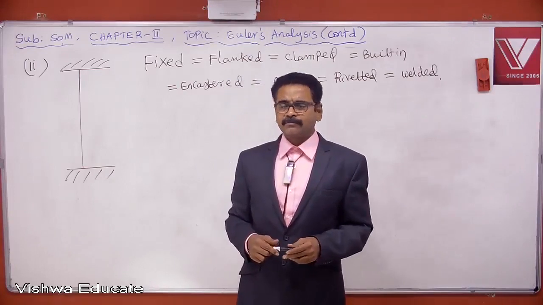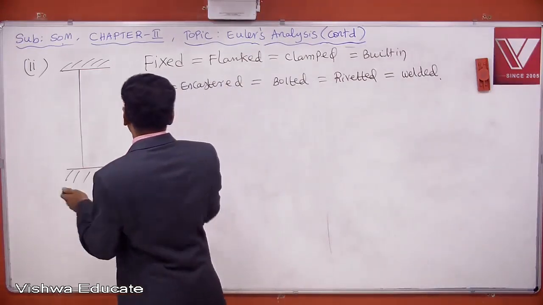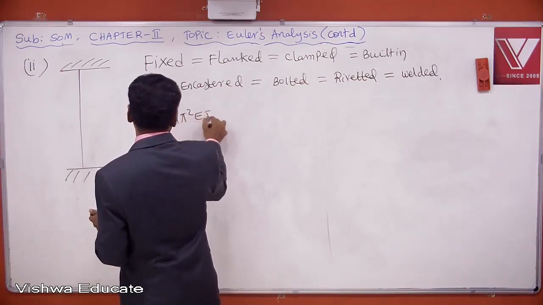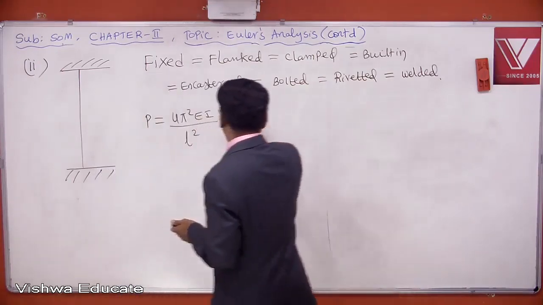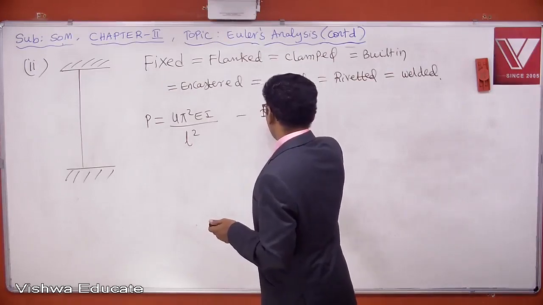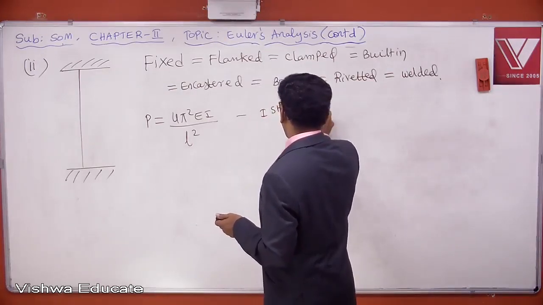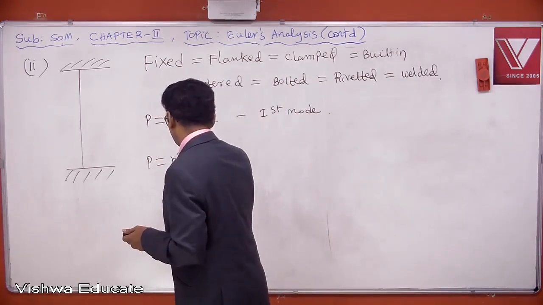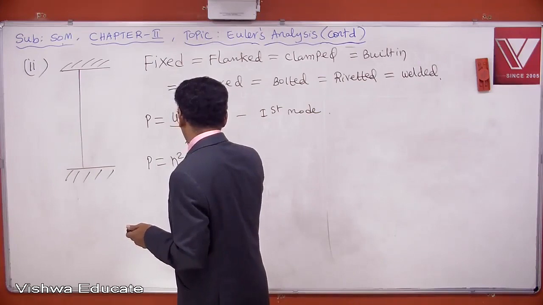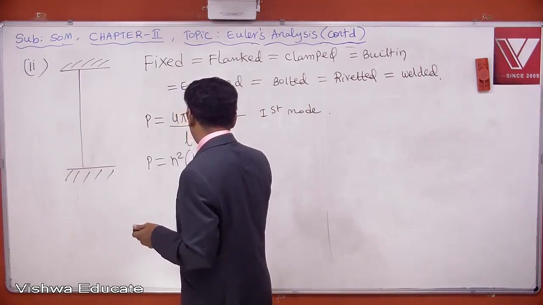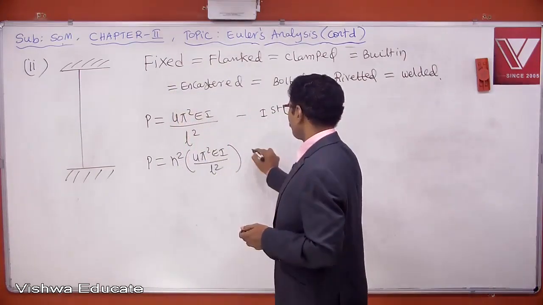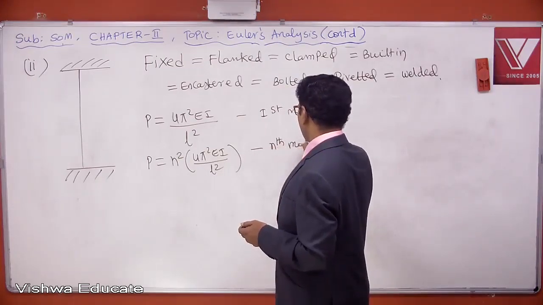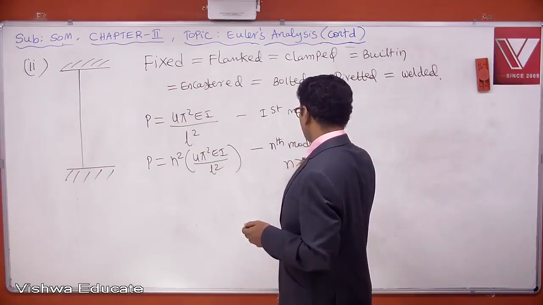The critical load of this column is 4 pi square EI by L square for the first mode, and P is equal to N square into 4 pi square EI by L square in the nth mode,